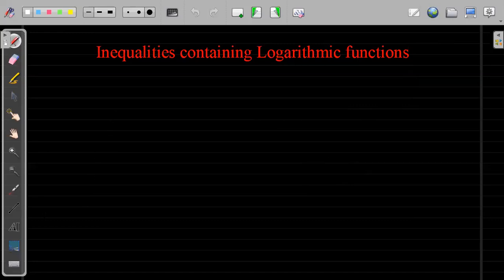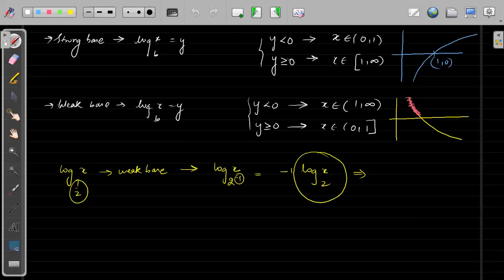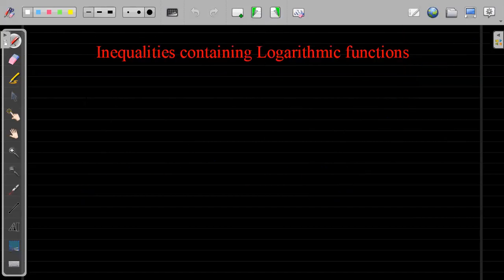Okay. Now see, inequalities using logarithmic functions. One inequality I have already used: y is less than 0. Now I will ask you very simple questions. The first question is, you have to find the values of x. Log of (1 plus x) base 2 is equal to y. Find the domain of this function. Find the domain of y.